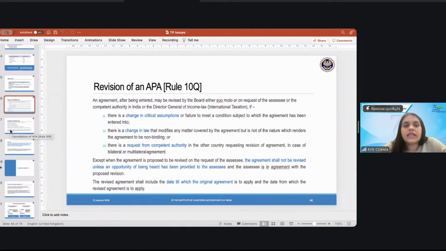Well, do you think an APA can be revised? Yes, the APA can be revised. It can be revised by the board either suo moto or on the request of the assessee. It can be revised if there is a change in critical assumptions. What are these changes in critical assumptions? Some conditions with which the agreement was actually reached. So if there is a change in those particular assumptions, then you can revise the APA. If there is a change in law,